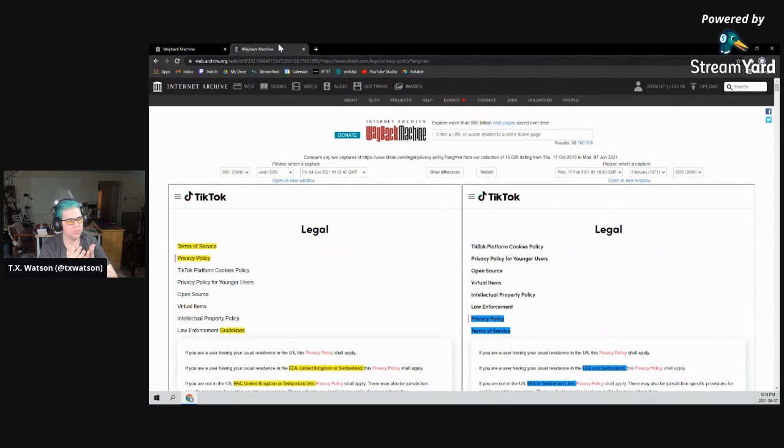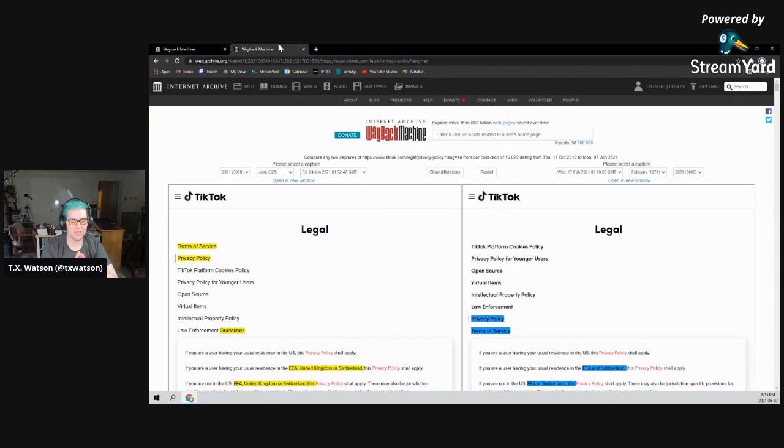TikTok has this glitch that appears to have been affecting a lot of people, where after you get a notification, it'll give you every notification that it's ever tried to send you. So a bunch of people recently got a notification saying that community guidelines were updated, and there have been people spreading rumors about what about the community guidelines were updated. The community guidelines have not been updated at all.